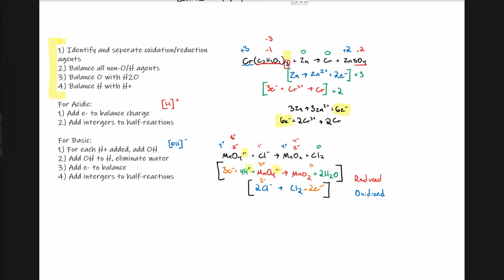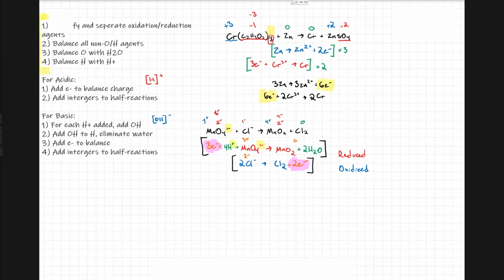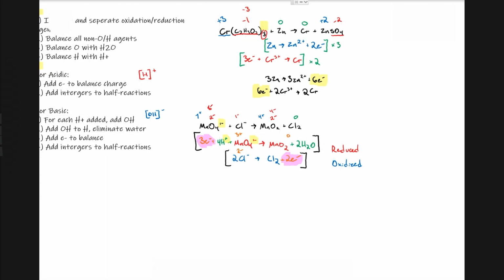Okay, so we have 3 electrons right here on the left side of the equation, and we have 2 electrons right here on the right side of the equation. So is that balanced? Absolutely not. All we have to do is multiply to reach the lowest common multiple of each of those numbers. So all we have to do is multiply the top equation by 2, multiply the bottom equation by 3. Okay, now once we've multiplied those out,